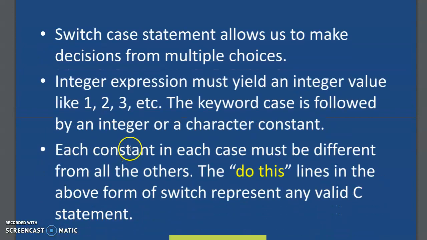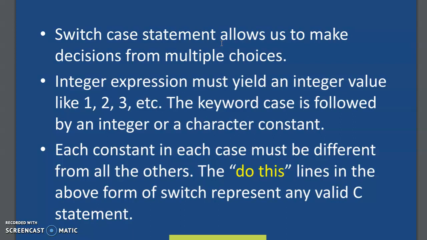So now what is a switch? A switch case statement allows you to make decisions from multiple choices. Like in the previous example, as I showed you, there were multiple cases. Only one of the cases would have got executed. So switch case gives you a way of writing multiple options and choosing one of the options as per the user's need.